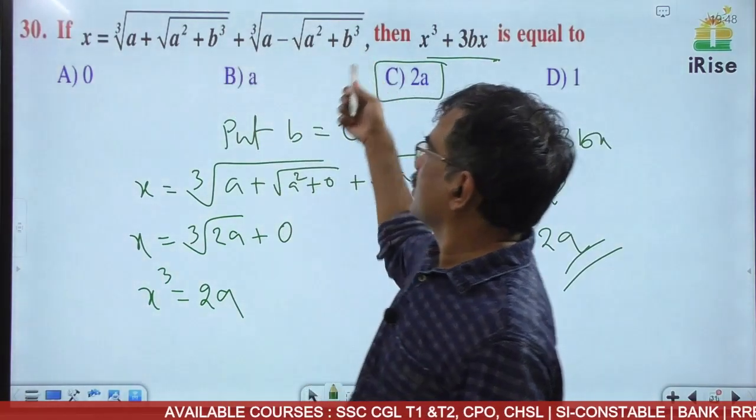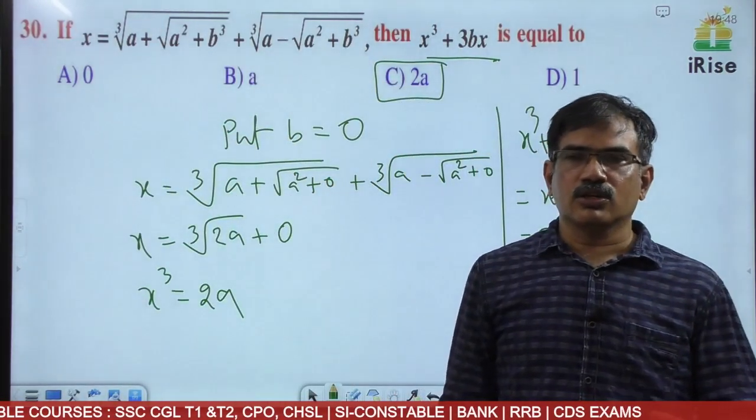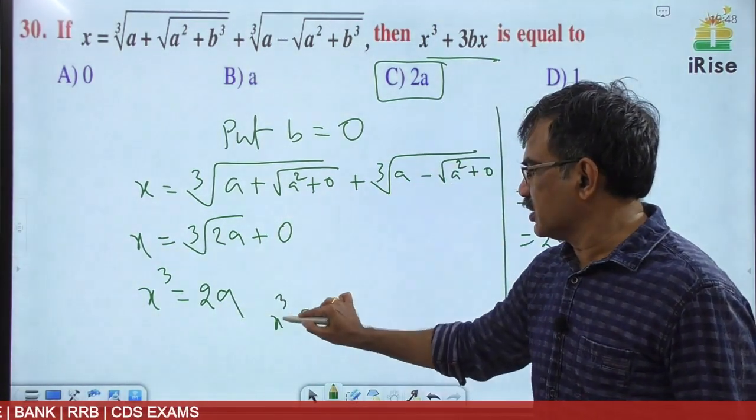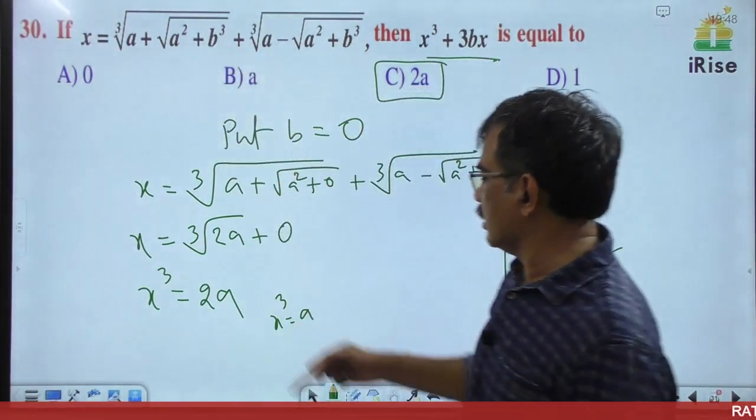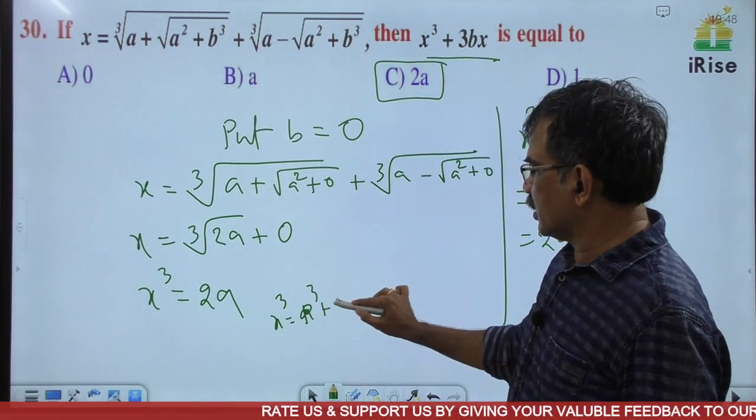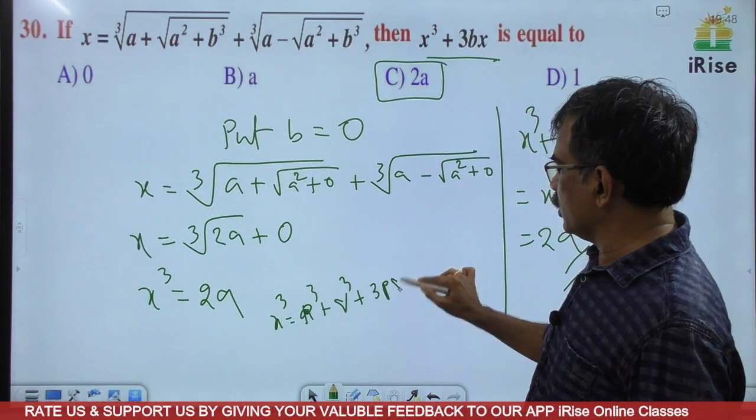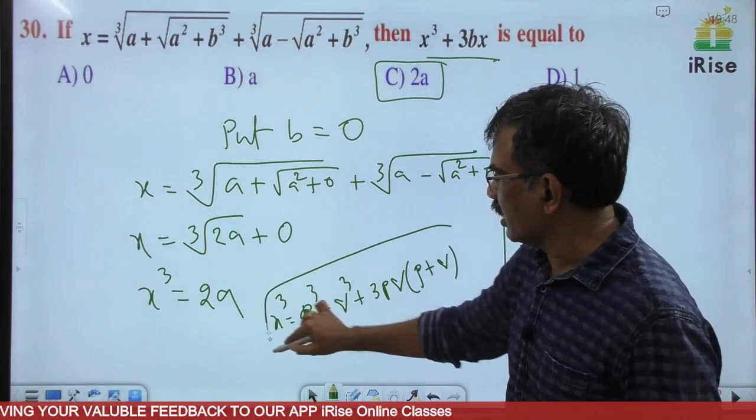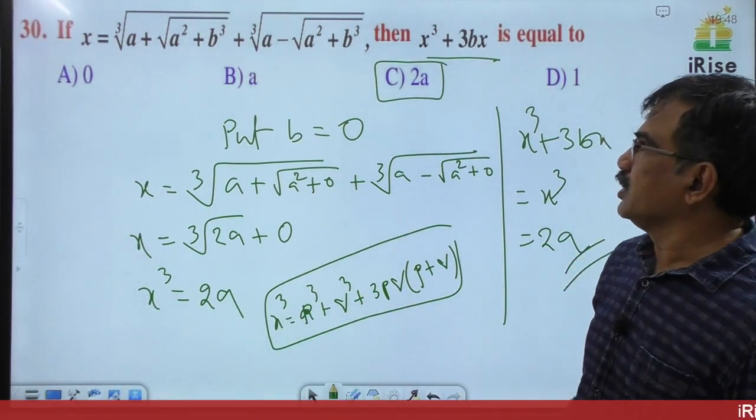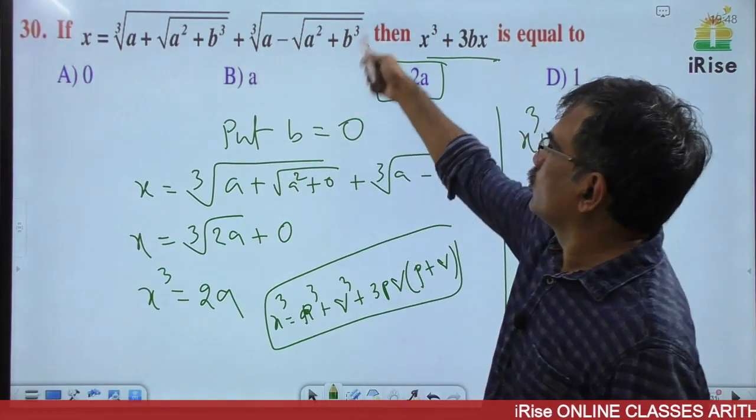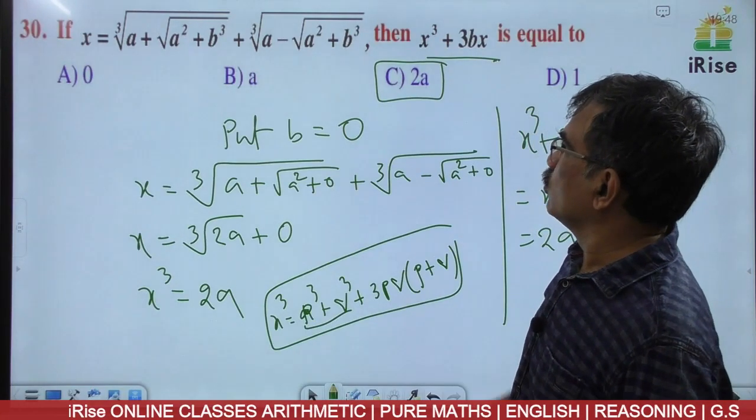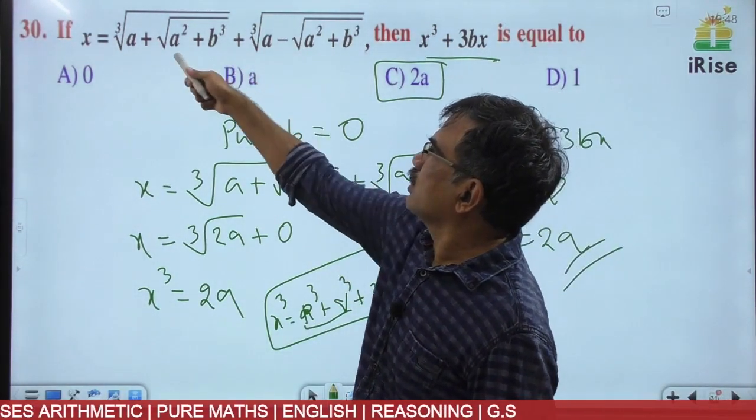Consider this total as a, this as b. x cube is nothing but a cube plus b cube plus 3ab into a plus b, the formula is applied. Or let it be p cube plus q cube plus 3pq into p plus q formula. If you apply this formula, then we get this value as 2a. p cube, the cube root gets cancelled, q cube, the cube root gets cancelled, and then in the first term 3pq, apply the formula: the product of these two is equal to a square minus a square